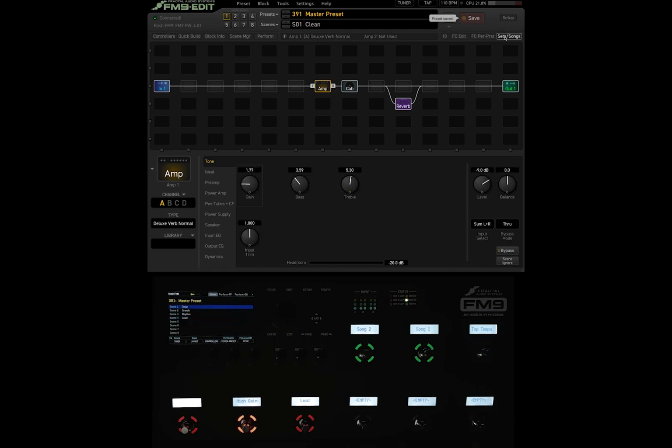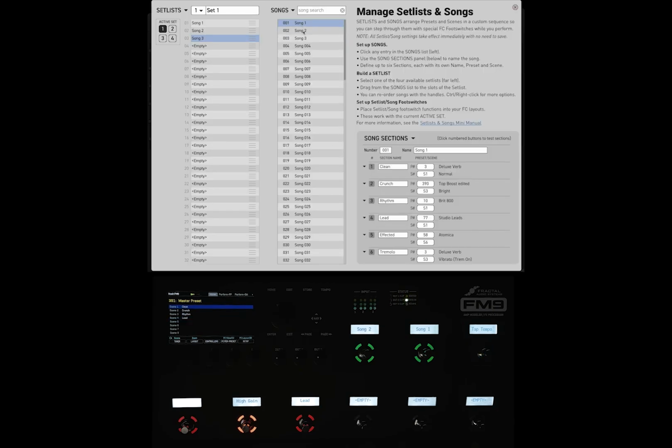Now in the sets and songs feature, of course, let's say you had your master preset built, and you just want to put together a set list using sounds from that master preset. So what I'm doing is I'm going to clear out all these songs really quick. Okay, and then we're going to clear out this set list, and you'll notice that the layout is starting to depopulate. So let's just say that you had a song 1, and you need to use the clean sound,